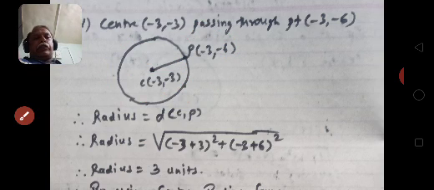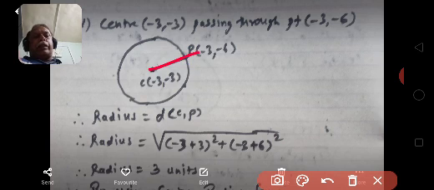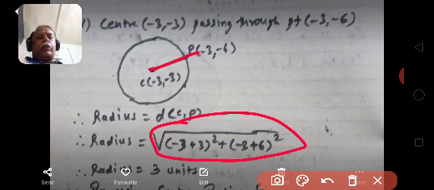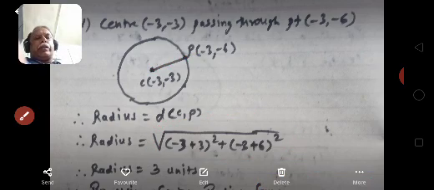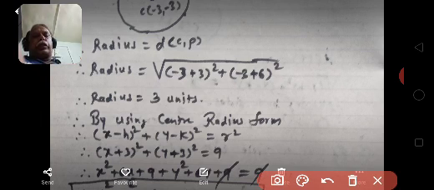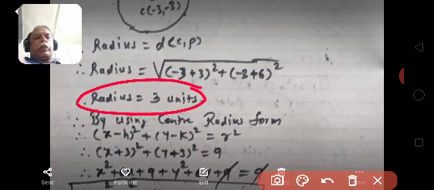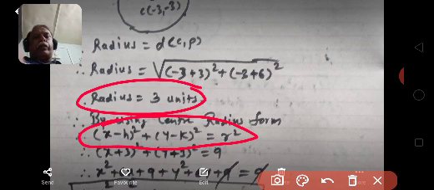If we join this CP, then it becomes radius. Therefore, radius is equal to, by using distance formula, under root of (minus 3 plus 3) whole square plus (minus 3 plus 6) whole square, which is nothing but 3 units. Radius is 3 units. We know the coordinates of the center. We know the radius of the circle. Then by using center radius formula, which is (x minus h) whole square plus (y minus k) whole square is equal to r square,